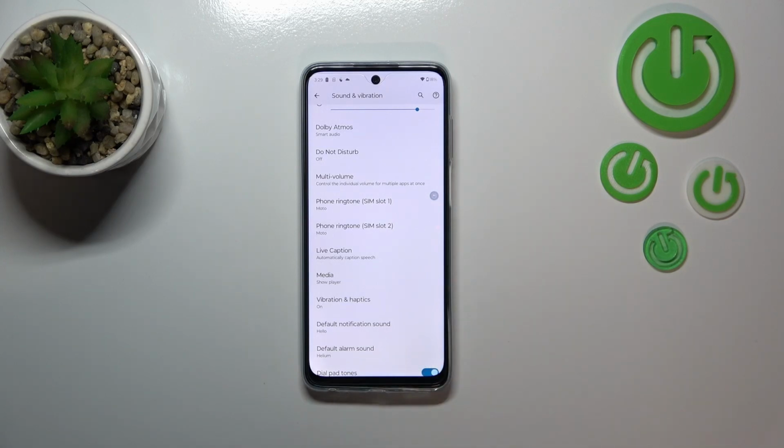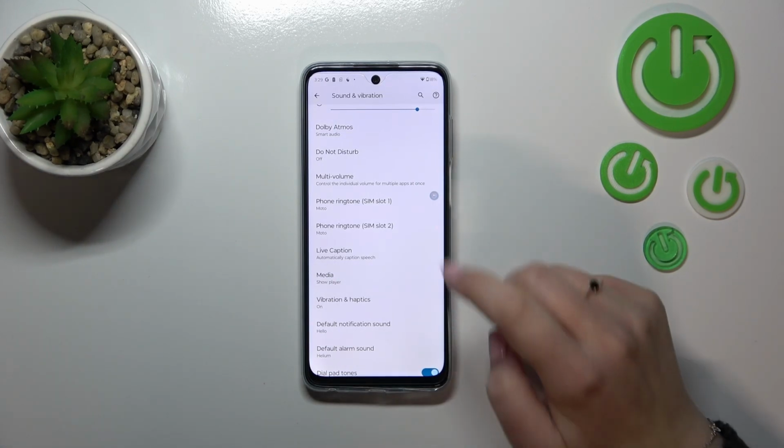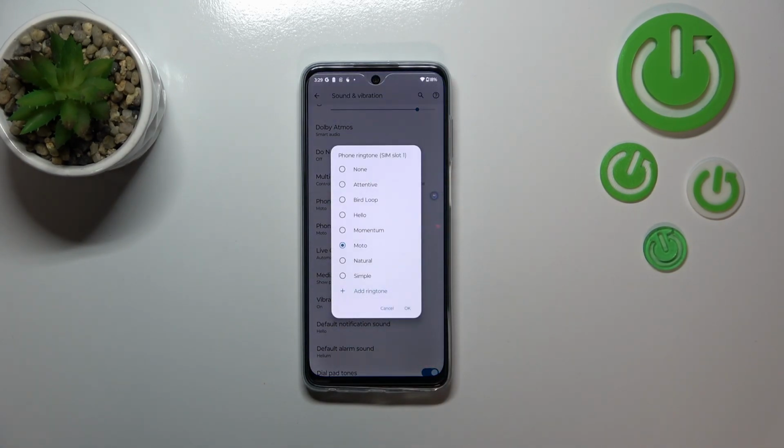for both SIM slots, because as you can see in this device, because of two different slots, you can pick two different ringtones separately for the first and the second SIM card. So I'll show you how to do it, for example, by using the first SIM card. It doesn't really matter. And after tapping on this option, you can see that we've got this pop-out window with